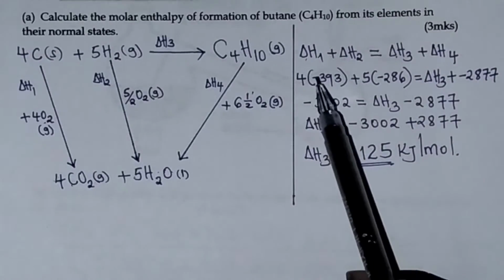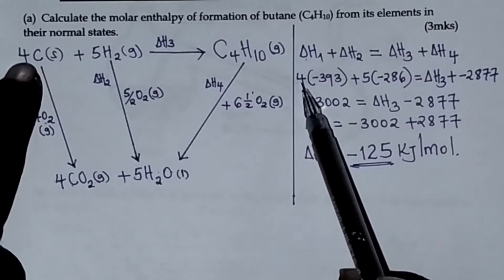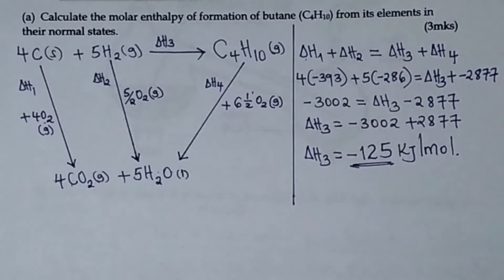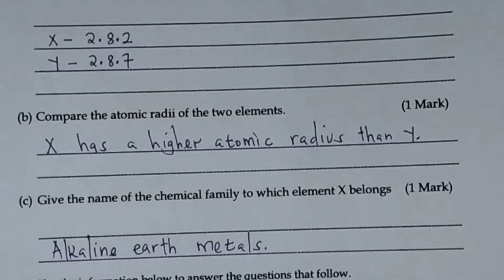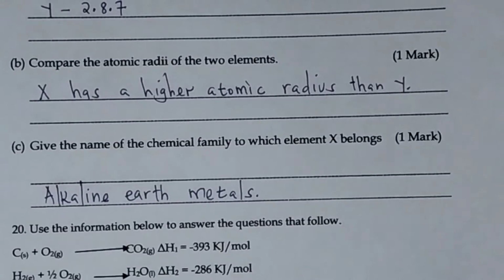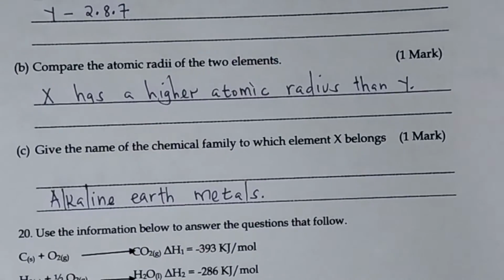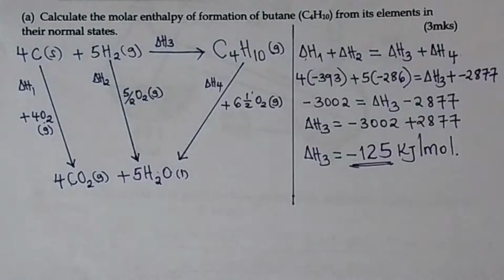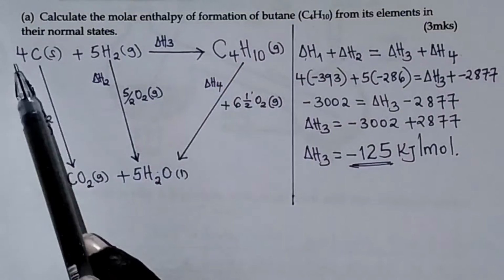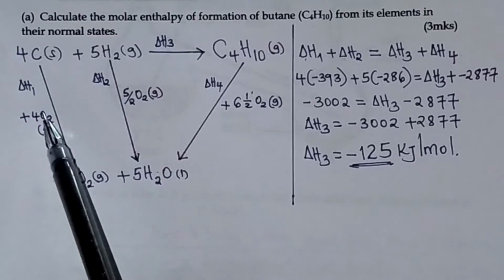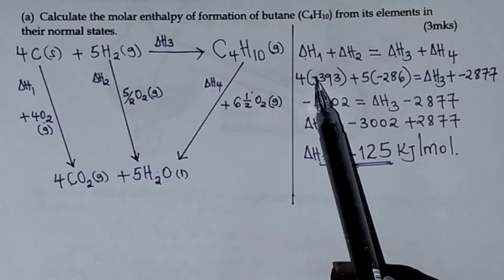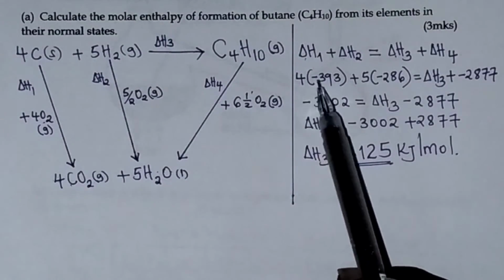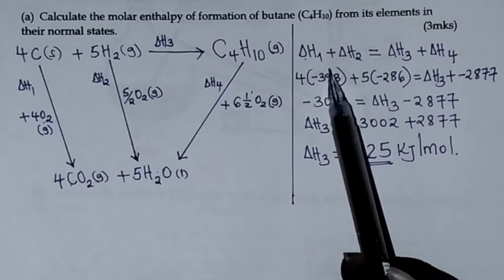So here we have 4 in bracket, negative 393. Negative 393 will be the enthalpy of formation of carbon dioxide here. And if you check, we have only 1 mole of carbon. But when you check our equation, we have 4 moles of carbon with 4 moles of oxygen giving 4 moles of carbon dioxide. So that's when we have to put 4 in bracket. We write the standard enthalpy of formation of carbon dioxide value, which is negative 393 kilojoules per mole, plus the